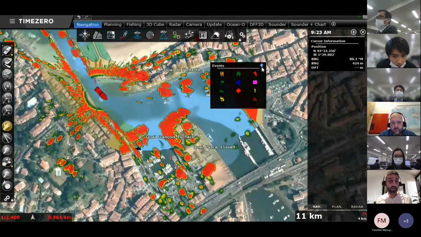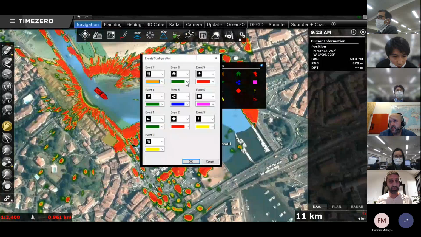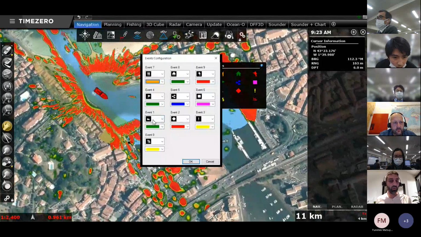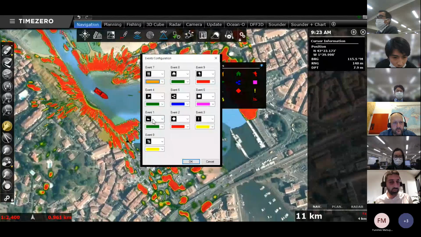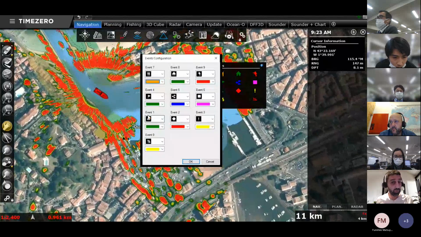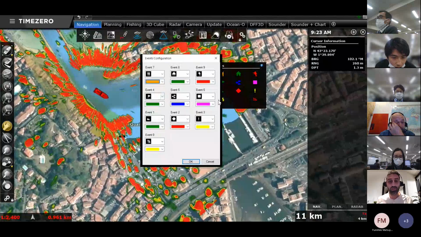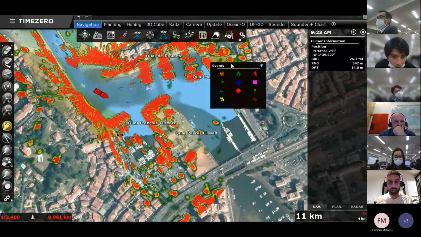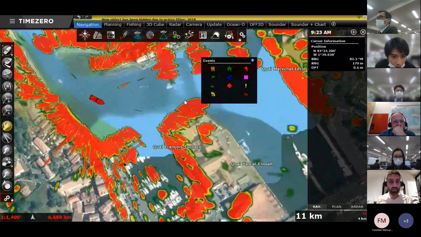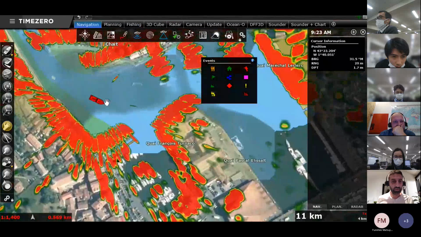You actually have a button here that will allow you to configure your events. Okay, so basically the events, how they work is event number one, you can touch the keyboard number one and it will add the event number one on the chart. But you can configure the mark, you can configure the color, 1, 2, 3, 4, 5, 6, etc. And here when you want to create an event, you can very easily click on this event button.